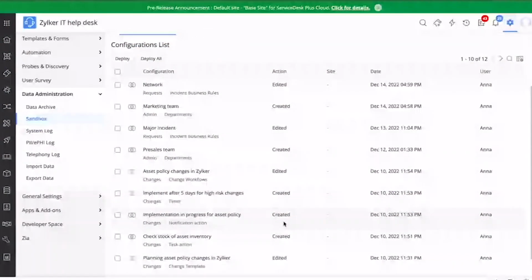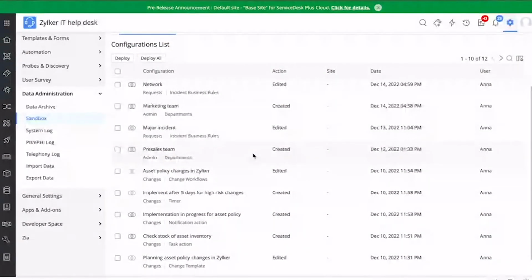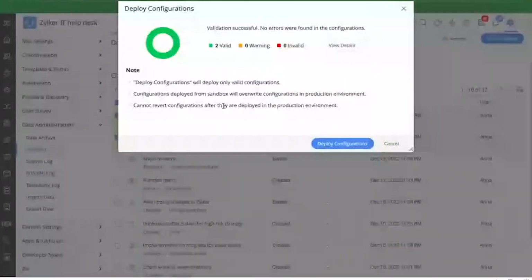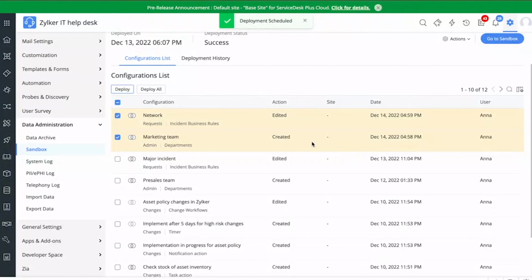So you can compare the configurations that are available in the sandbox as well as your original production environment. Now, once you have all the changes in place, you can select the individual configurations that you want to deploy to your production environment. So let me select the configurations and hit deploy. Now, the application will start validating all the configurations and let you deploy all the changes safely to your production